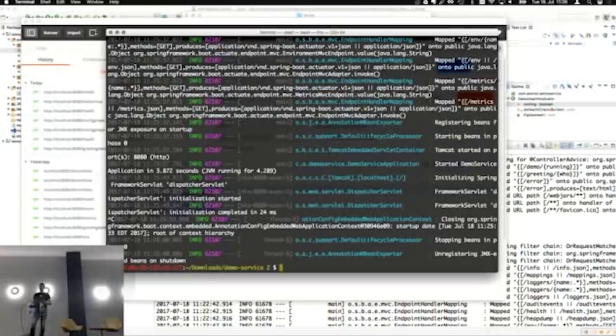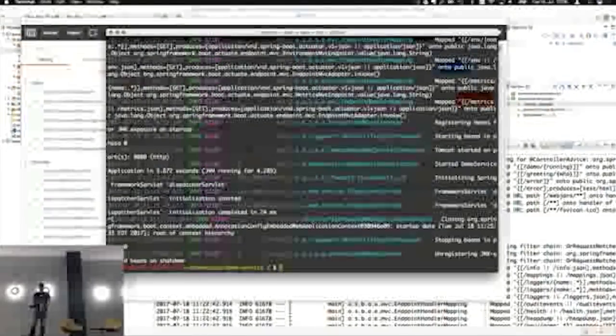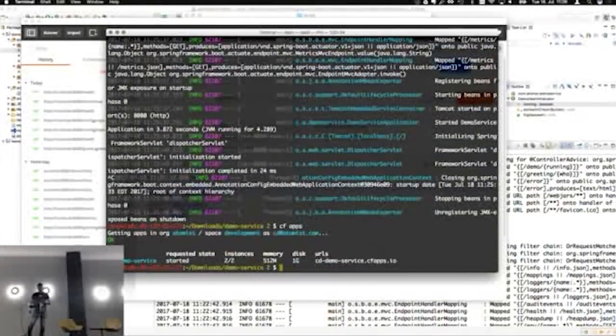So the thing that we have to do now to get it up and running on Cloud Foundry is obviously need an account. And the first thing you need to do is cf login. And that will ask you a couple of questions. Since I'm really, really bad at typing passwords, I'm not going to do this here now. I did this. It stores a token on your system, so you can run every subsequent task against the CF command line client without logging in. So let's take a look at what we have deployed. There is a demo service already. I'm not going to touch that one, but I do cf push